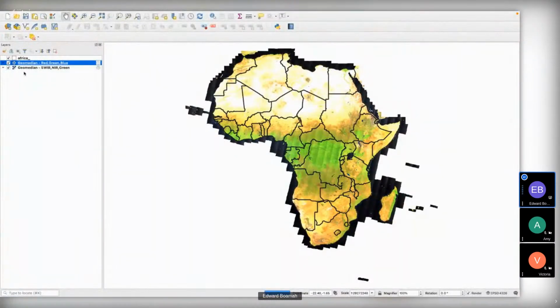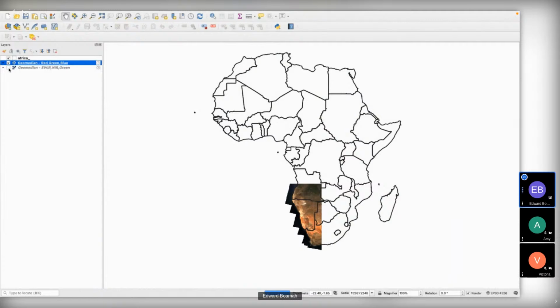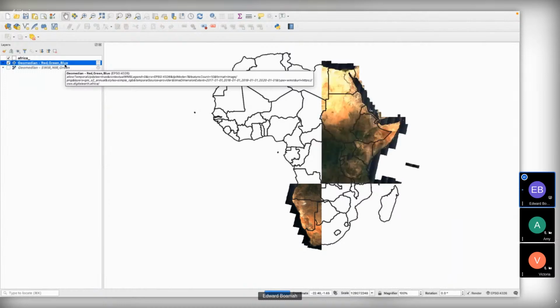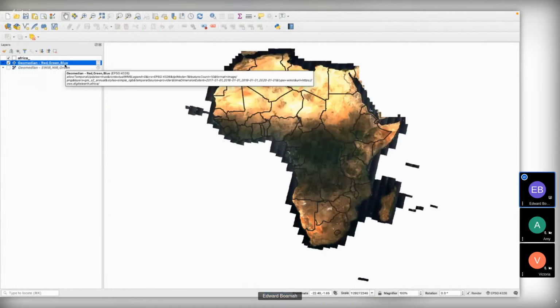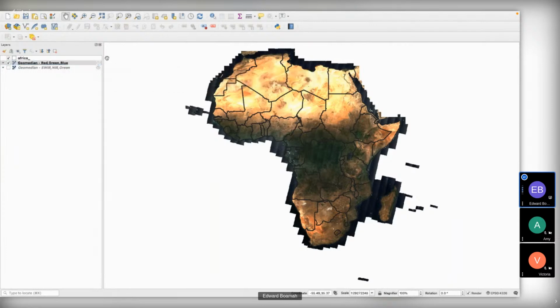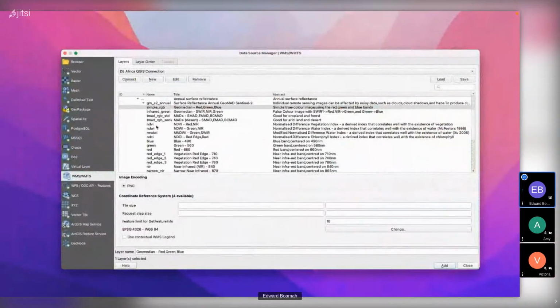Perfect. So you'll notice that the RGB has also been added onto the layer set for us. You can also use the time slider to change between these two images that we have on the platform. You can see we also have the annual geomedian for the whole of the continent. The next layer that I would like us to add,